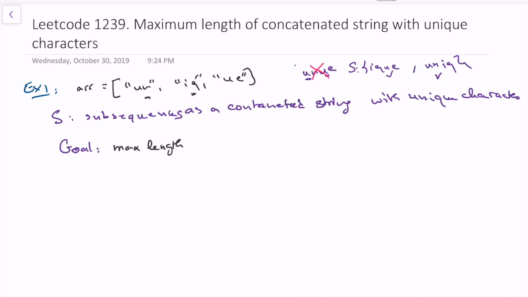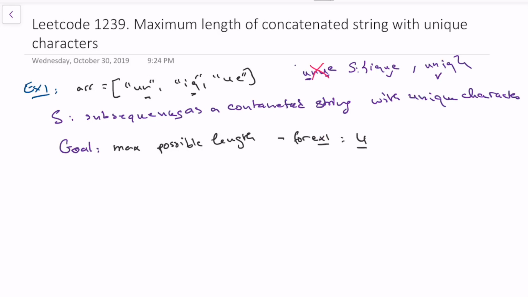So basically the goal of the function is to return the maximum possible length. In this example, the maximum possible length is 4, because we have 2 and they have the same length. So the output for example 1